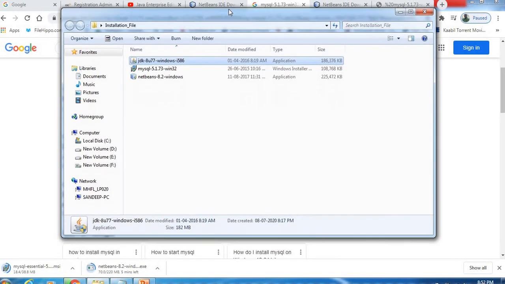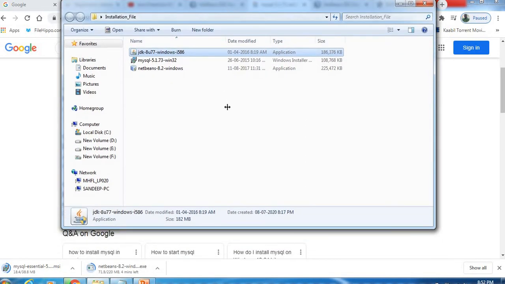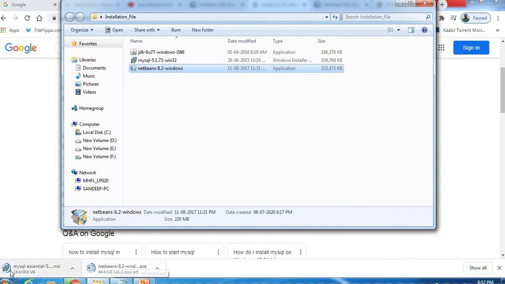Parallelly, I can also start this NetBeans file for the installation. So I will just double click on this NetBeans installation file. So it will also be prepared for the installation. As you can see that I have downloaded all those files, downloaded here, right?